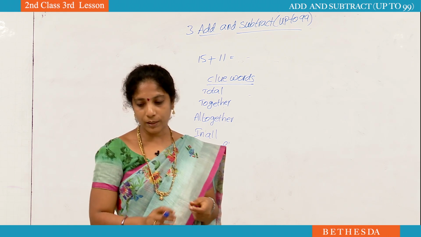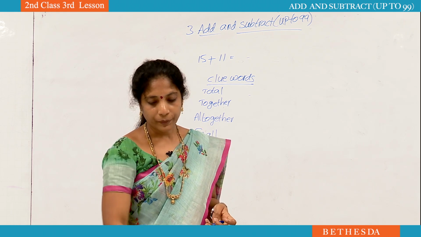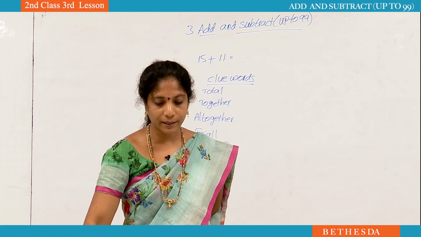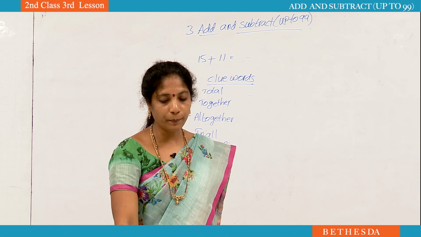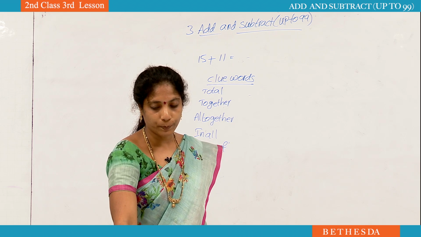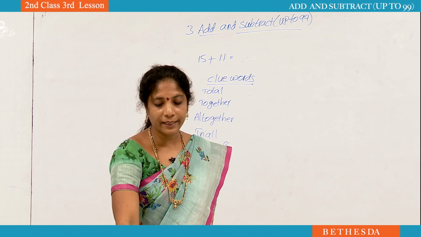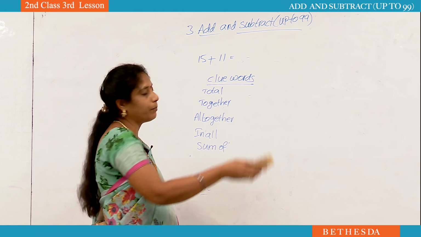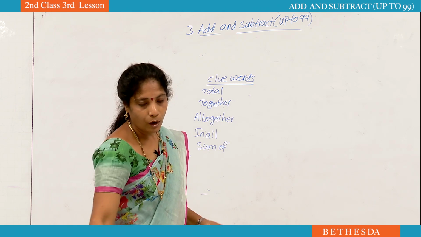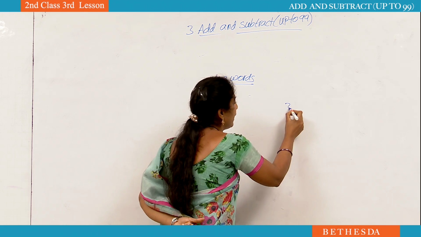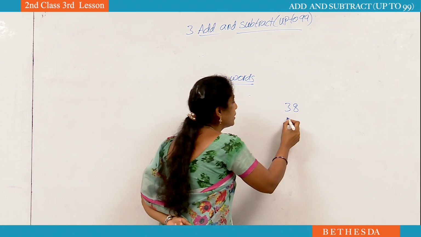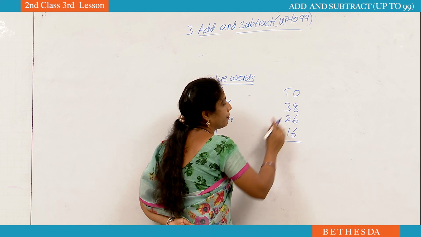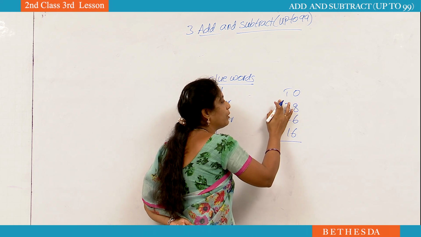Now all of you open your book, page number 53. There Jagadeep and his friends went to a restaurant. They had a plate of fried rice costing 38 rupees, pani puri 26 rupees and vada pav 16 rupees. Help them find the total amount they need to pay. The word total is there, that's why you have to do addition. The cost of the fried rice is 38 rupees, pani puri 26 rupees and vada pav 16 rupees. This is a three numbers addition. While we are doing addition, we always have to start from the ones place.